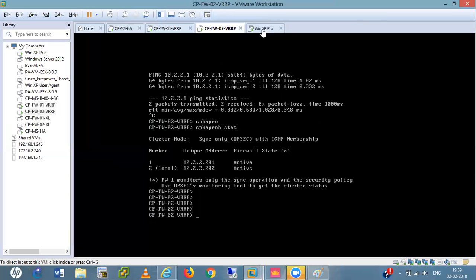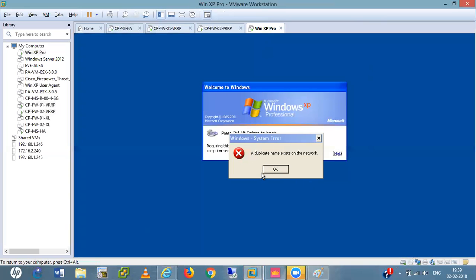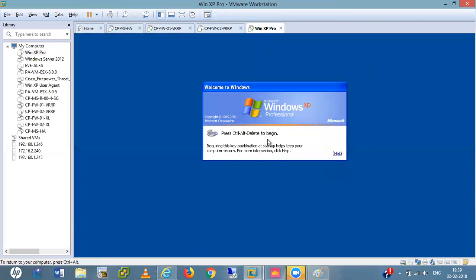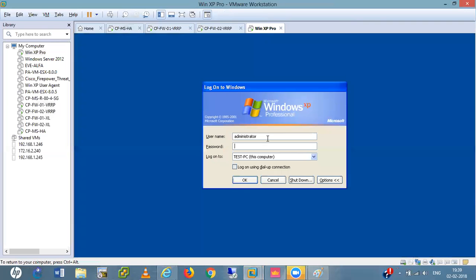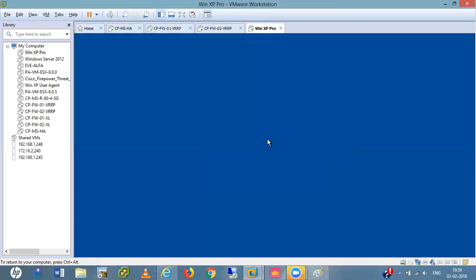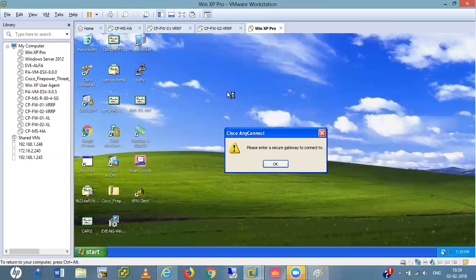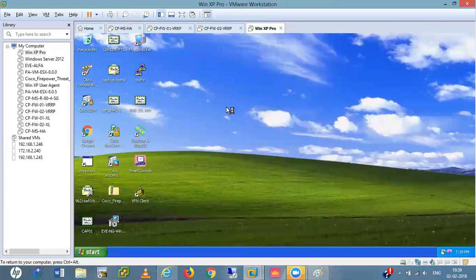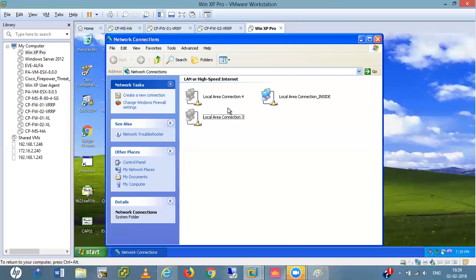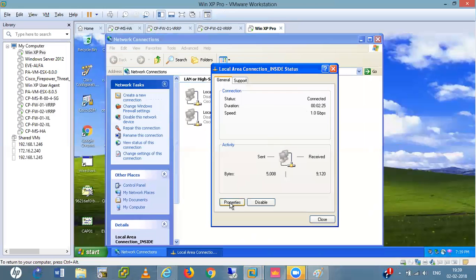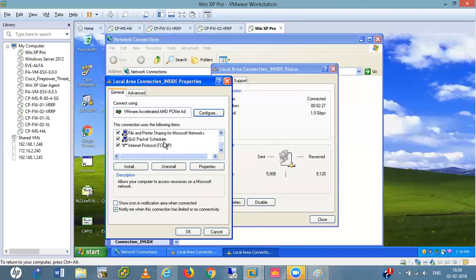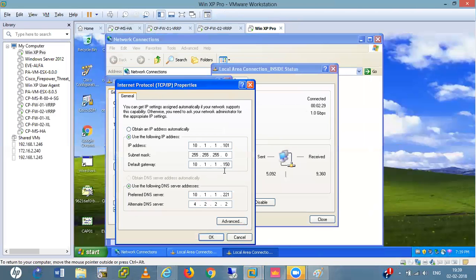And if I generate some traffic from here, Windows R, ncpa.cpl, open the inside here, TCP.